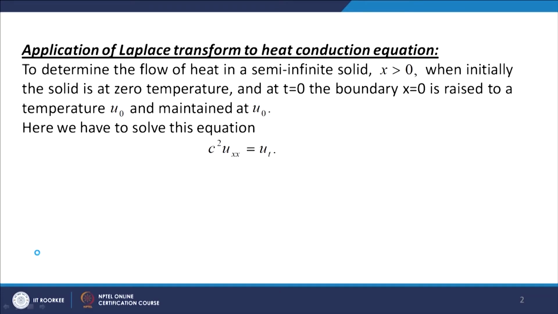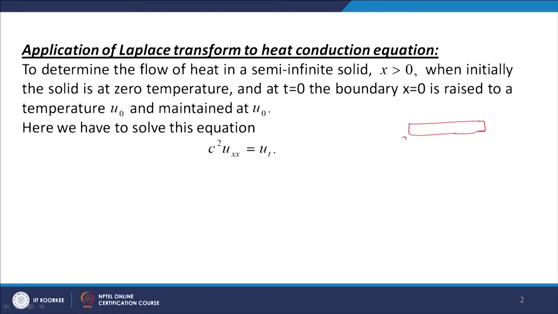We are going to determine the flow of heat in a semi infinite solid x greater than 0 when initially the solid is at 0 temperature, and at t equal to 0 the boundary x equal to 0 is raised to a temperature u naught and maintained at u naught. So, let us assume that u(x,t) denotes the temperature distribution in the semi infinite solid at a distance x from one end. Suppose this is your one dimensional